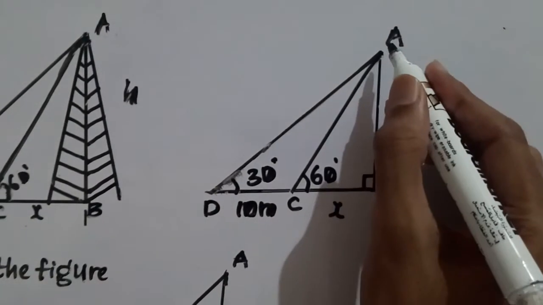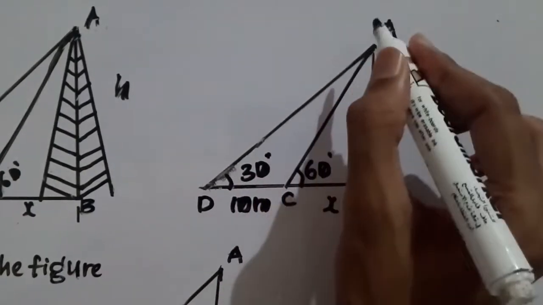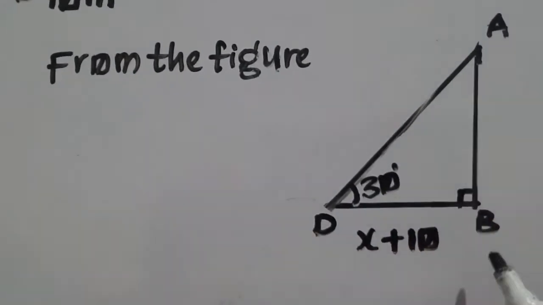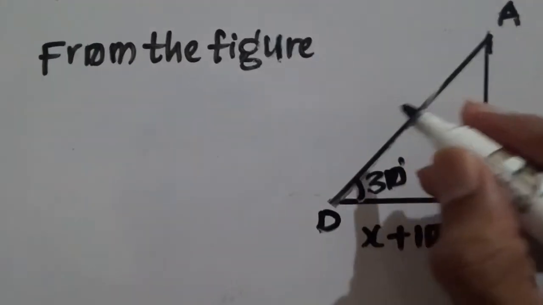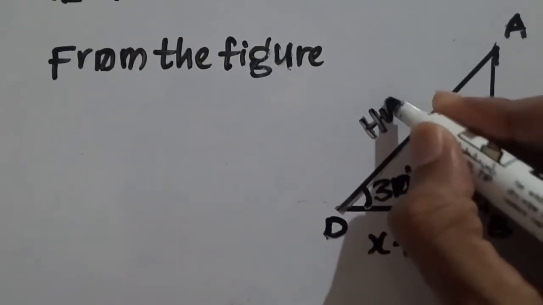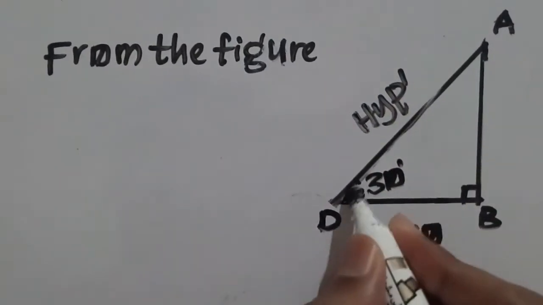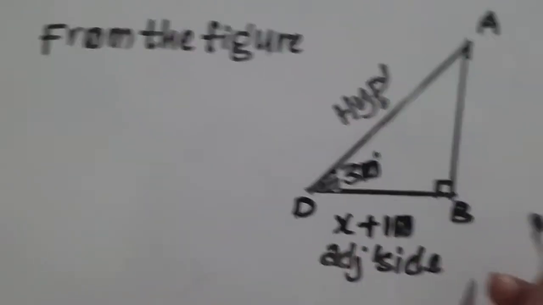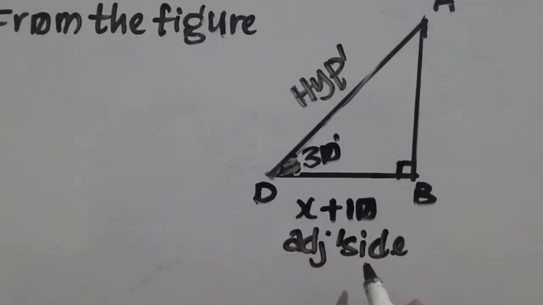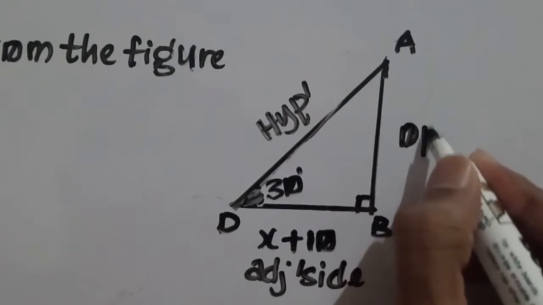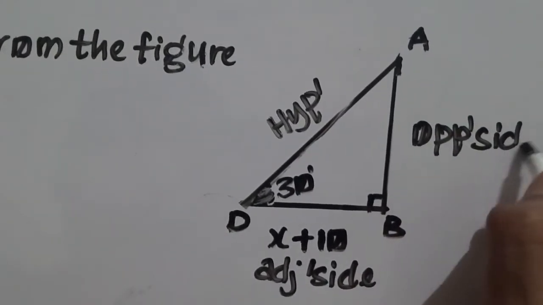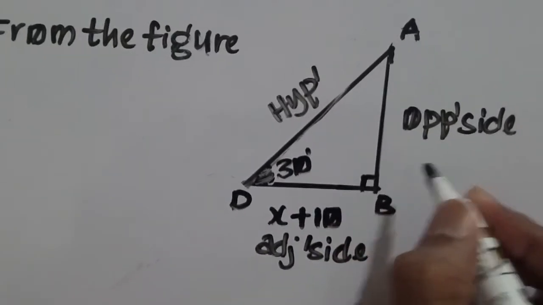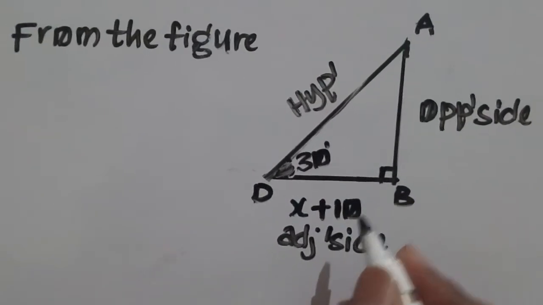Next, right angle triangle, we will take triangle ABD. See, here I am drawing triangle ABD separately. ABD is a right angle triangle, right angle at B. Here the longest side is the hypotenuse, and the side next to the angle is called the adjacent side, and another side is the opposite side, or else the side opposite the angle is called the opposite side. Here we will take tan theta. Tan theta is the opposite side to theta by the adjacent side to theta.